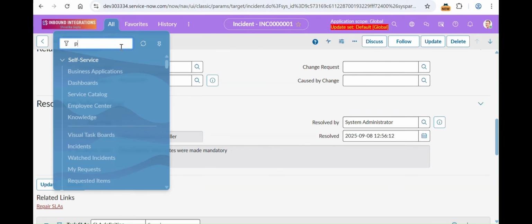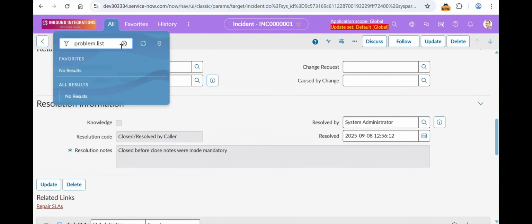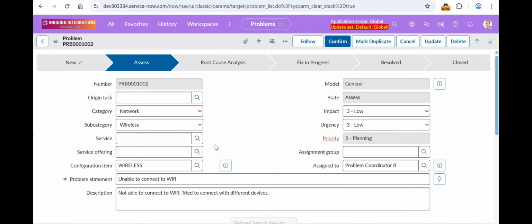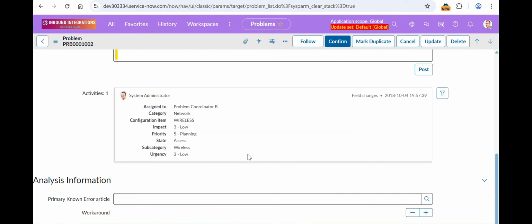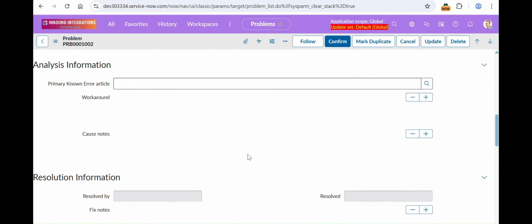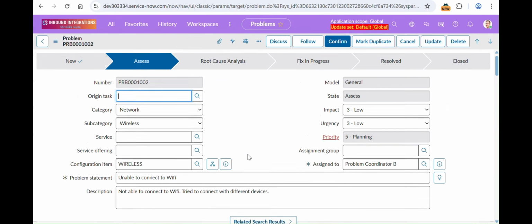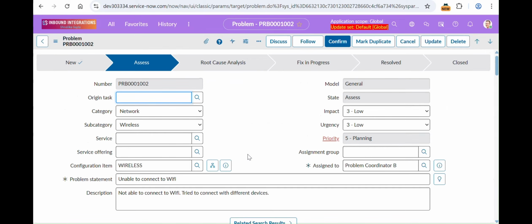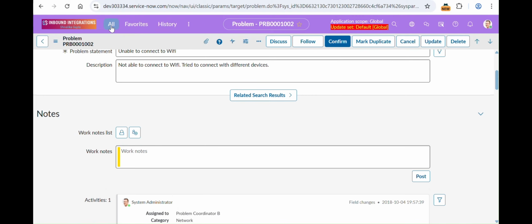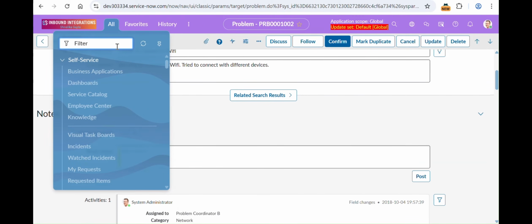Okay, and let's open just any other table and check if it is also applicable to any other table. Yeah, obviously, because there is nothing like selecting the table there. So you can see there is notes, analysis information, resolution information, other information, it has been changed from tabbed to scrollable. Okay, so we already discussed the sys user preference, the particular one. I explained the use case as well, and I also showed you the demo of how it is going to work. So now let's revert it to the previous form,